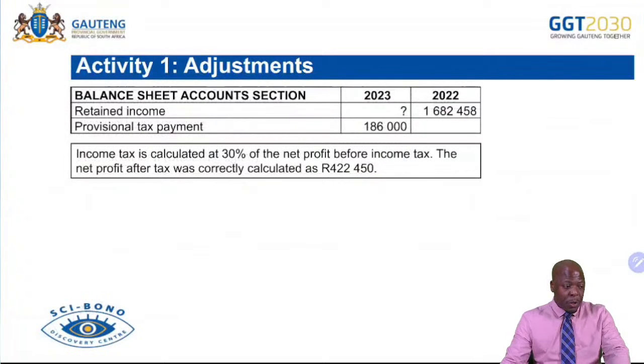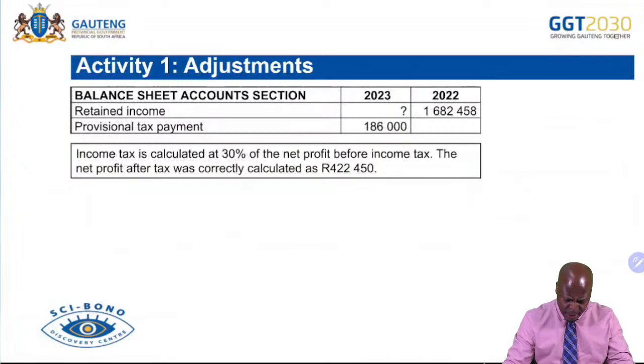The next one. So remember, the 120 is the short-term loan. If you're doing the balance sheet, you're going to show it again under your current liabilities. The next adjustment says income tax is calculated at 30% of the net profit before income tax. The net profit after tax was correctly calculated as